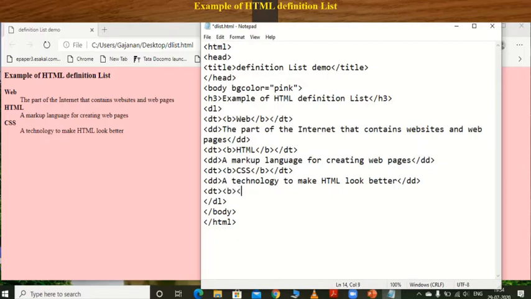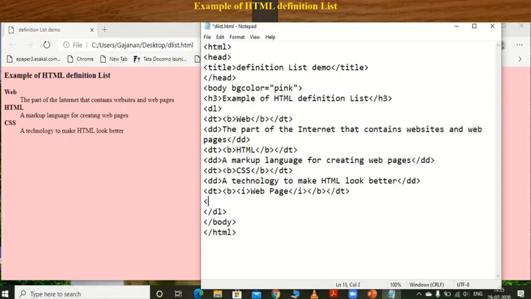Suppose I want to set here one more attribute, that is I for italic, and I want to give here, suppose, web page. Web page means what? Or how to design the web page. Then I close here I, then B close here, then DT close.